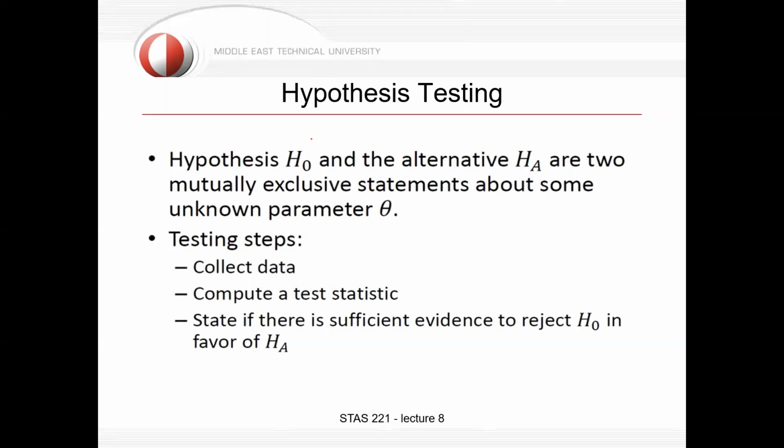So hypothesis H null or H0, and the alternative HA, and in some books they show it by H1, are two mutually exclusive statements about some unknown parameter theta. So we will talk about it in detail, what is H0, what is HA. And we should know about the steps of